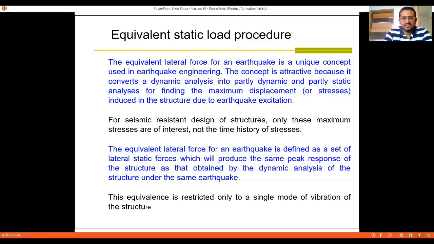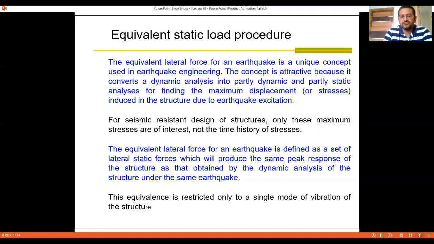Whatever the maximum value will be, that value will be taken, and correspondingly the forces will be worked out. For seismic resistant design of structures, only these maximum stresses are of interest and not the time history of the stress. The equivalent lateral force for an earthquake is defined as a set of lateral static forces which will produce the maximum peak response of the structure as that obtained with the dynamic analysis of the structure under the same. And it is